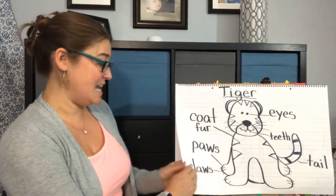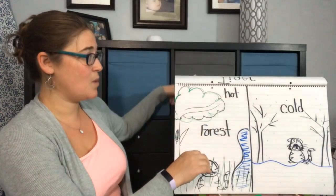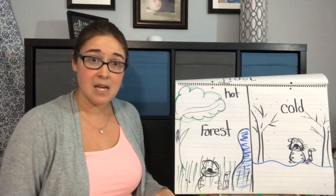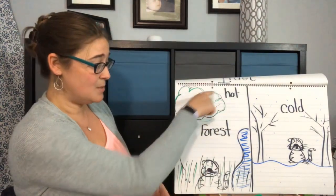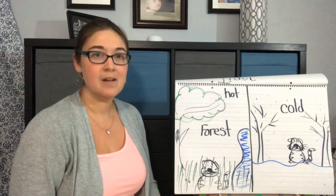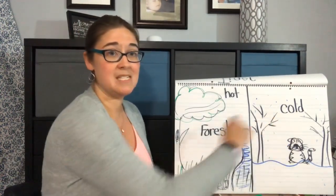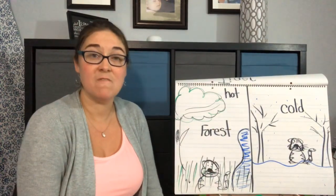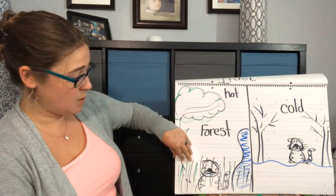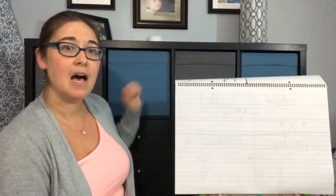So on my chart, I have our diagram of a tiger that we drew together. And on my next page, I have what we did yesterday. We learned about where tigers live. And I learned something new, that tigers can live in hot places where there's a nice forest, or other types of tigers can live in cold places like Russia, where it is very chilly and cold. Okay, so I'm going to flip forward because today we're going to do a little drawing and writing about our